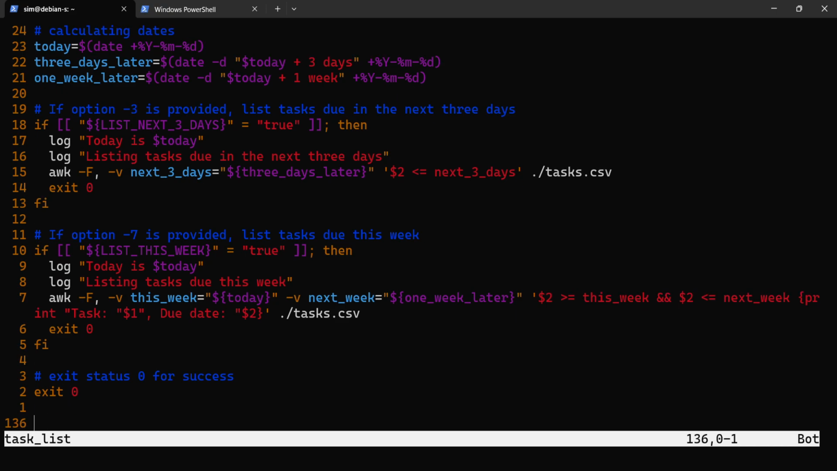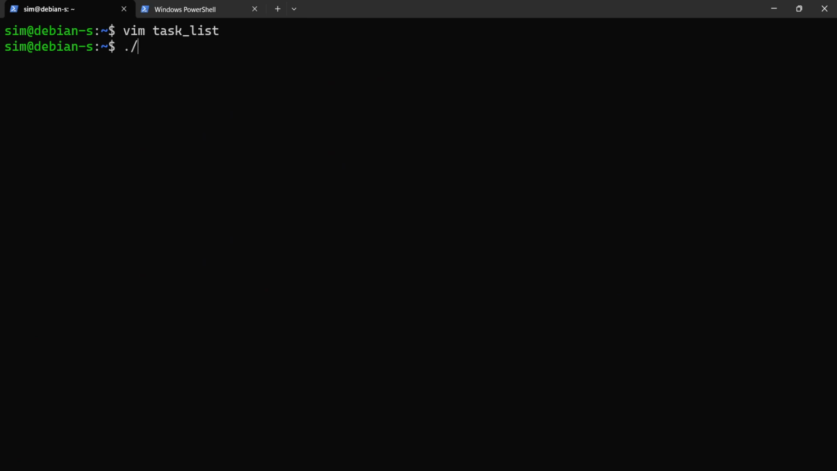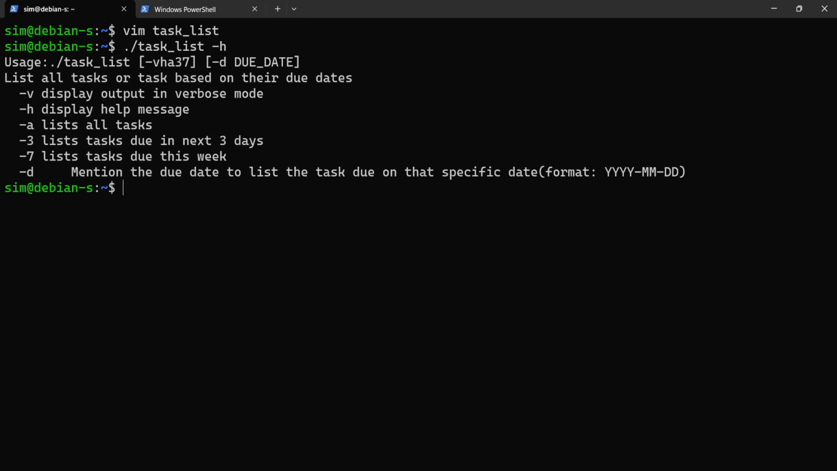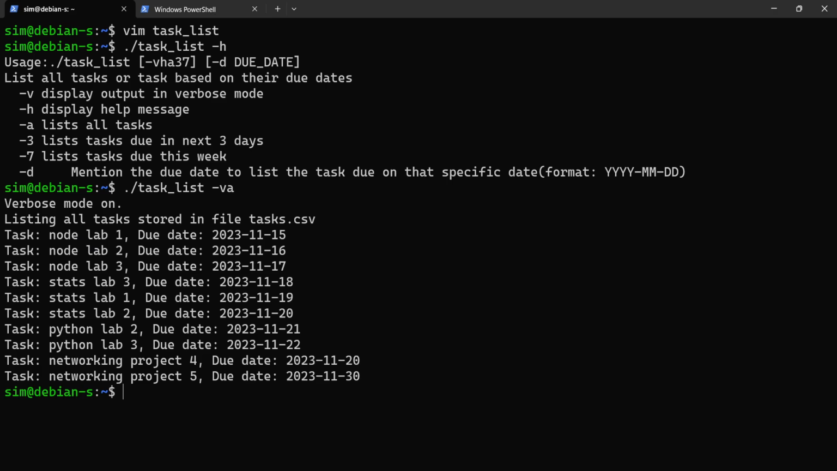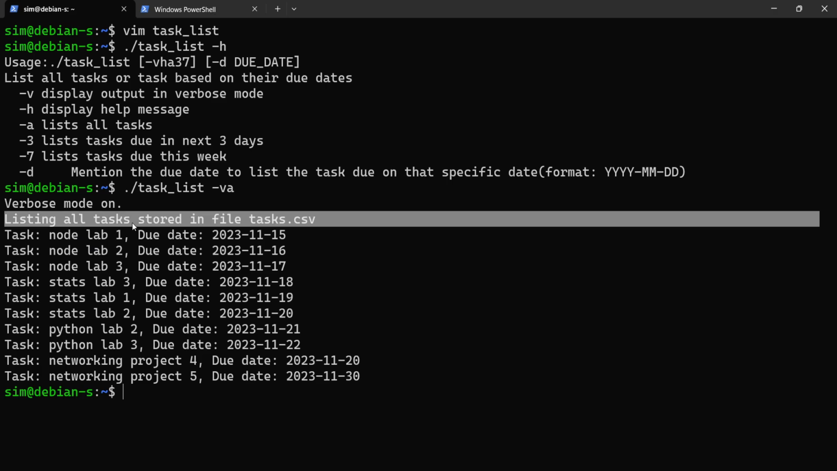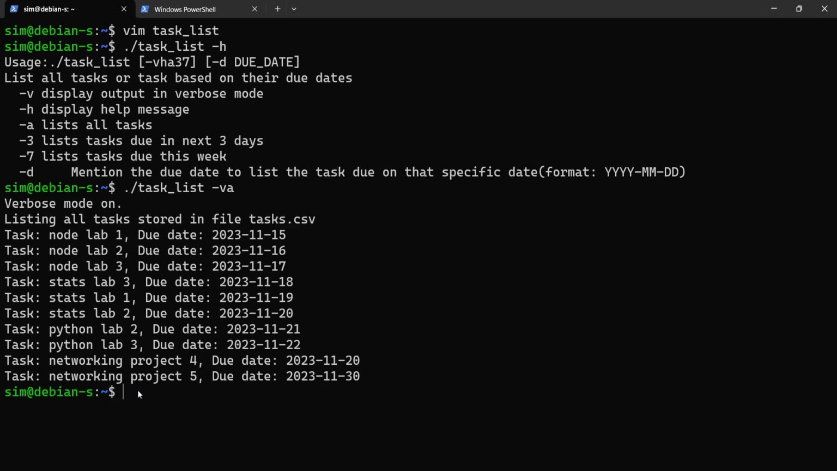Okay, now let's quickly run this. Using the H option will give us the help message. Using the V option will give us verbose mode. Using the A option will list all tasks stored in the file. These are all the tasks stored in our file. And option